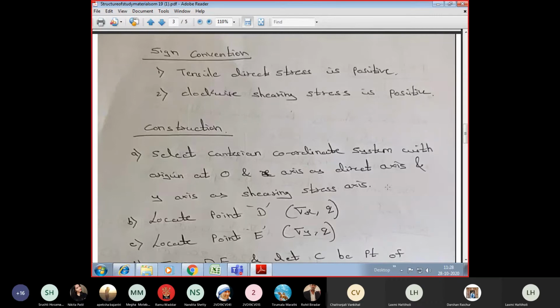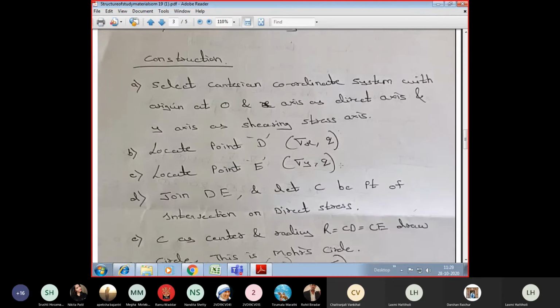If someone asks you to draw a graph, what is the first step you will do? X-axis, y-axis, and origin, is it not? The same thing you should do here. Whenever a numerical example is given to you, draw x-axis, y-axis, and origin O. Follow the Cartesian system, but the only difference is that the x-axis should be taken as the direct stress axis, that is your sigma x and sigma y. These are the direct stress axis. And the y-axis should be taken as the shearing stress axis, that is Q or tau. Is this understood to you all? Yes?